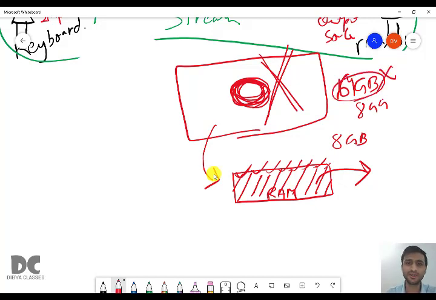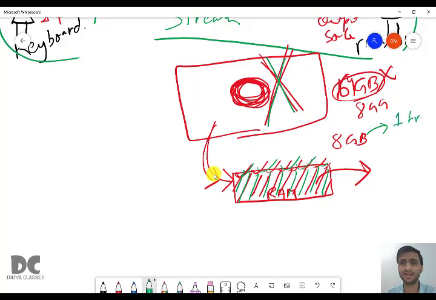Okay. So here what happens? Only 8 GB is downloaded. Now your net is disconnected. It has downloaded only 8 GB, so you'll watch and watch. For example, 8 GB of data is 1 hour of video, and this is a total 4-hour video. You have downloaded 1 hour. So after seeing 1 hour, you have not downloaded beyond that.